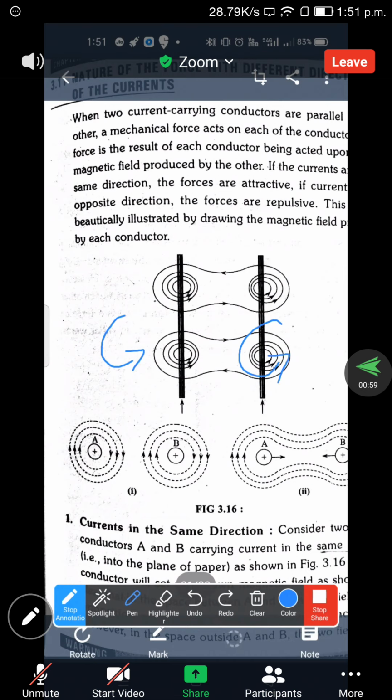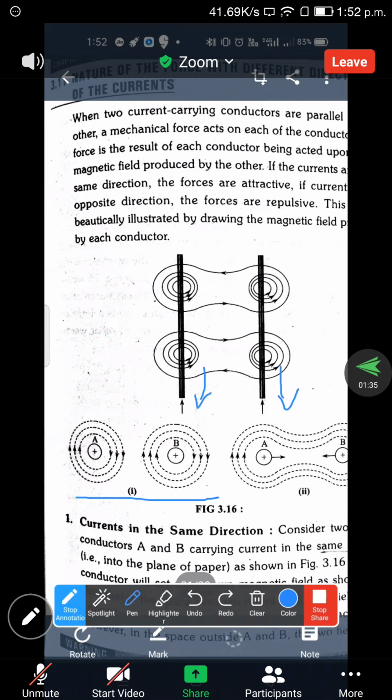But in the wrong diagram, the direction is given as clockwise, right? Clockwise is given for these two also. So for A, actually the direction is the reverse, counter-clockwise. Similarly here also, it is counter-clockwise. Whatever it may be, we are assuming a practical diagram, where the current is in the downward direction in both cases. Then only these two diagrams can be obtained for conductor A and conductor B.